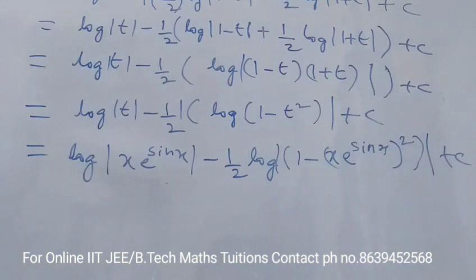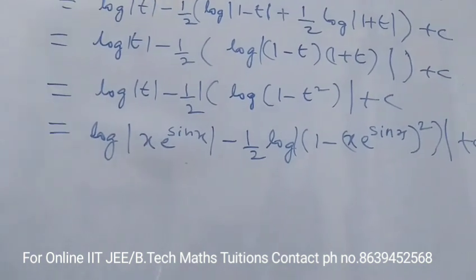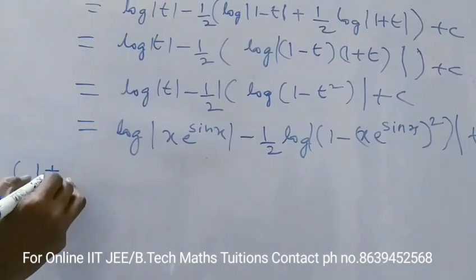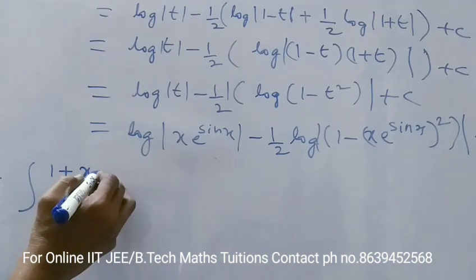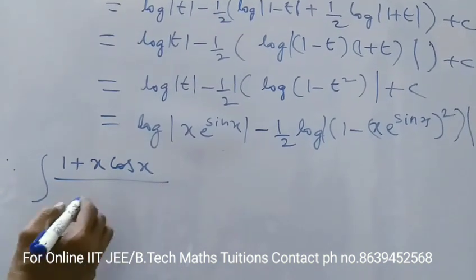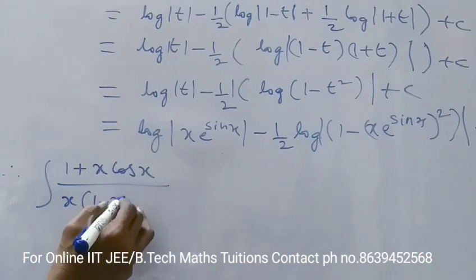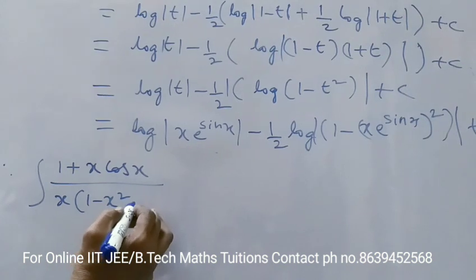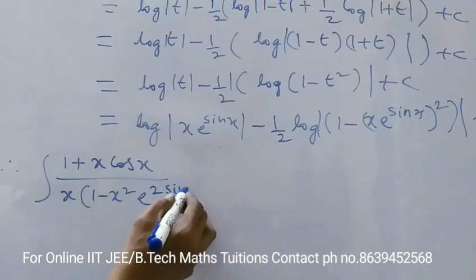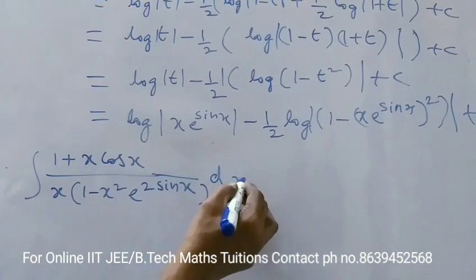Therefore integral of 1 plus x cos x by x into 1 minus x square into e to the power of 2 sin x dx is equal to